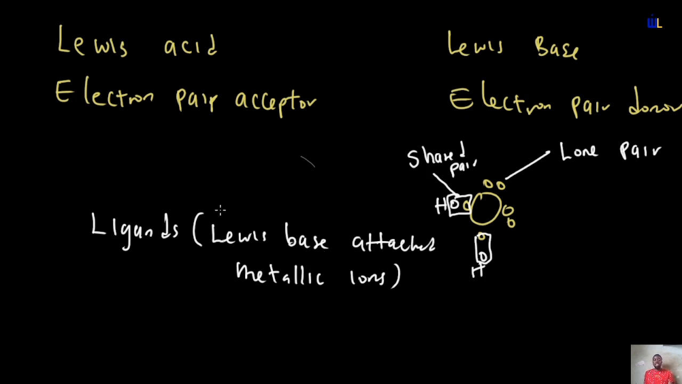One of the reasons they are called Lewis bases is that they donate their electron pair. So every Lewis base must possess what we refer to as a lone pair of electrons. The implication is that water can serve as a Lewis base because it has a lone pair. Now I have ammonia